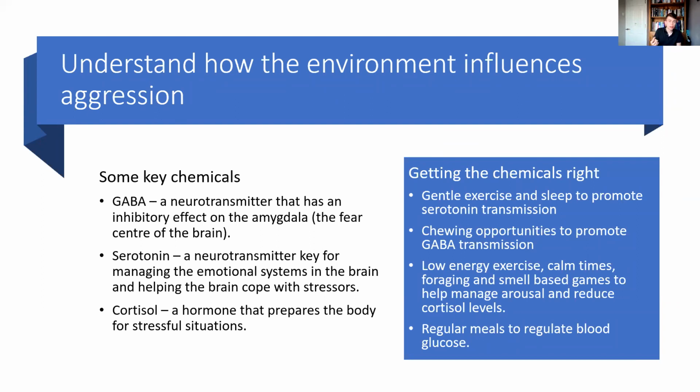And there's this neurotransmitter called GABA that helps calm down that part of the brain and helps tell it to chill out and not to worry. So that's going to be key for what we're talking about in a minute.